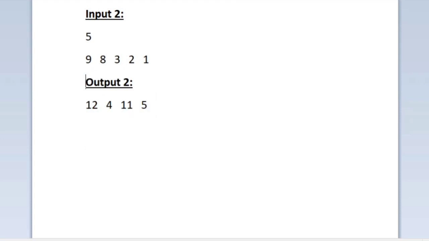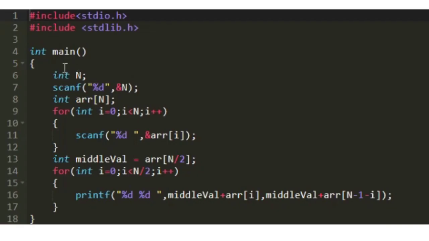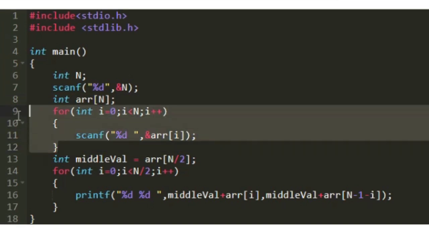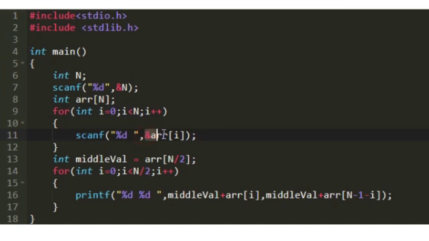Now let us see how to write a C program for this. First I am creating an integer n, and in the next line I am accepting the value of the integer n, and then I am creating a new array named arr of size n, and now we should accept n integers. So I am creating a loop that iterates for n times, and in every iteration we will accept an integer and store it into the array arr. So now we should implement our logic. First our task is to find the middlemost integer in the array.